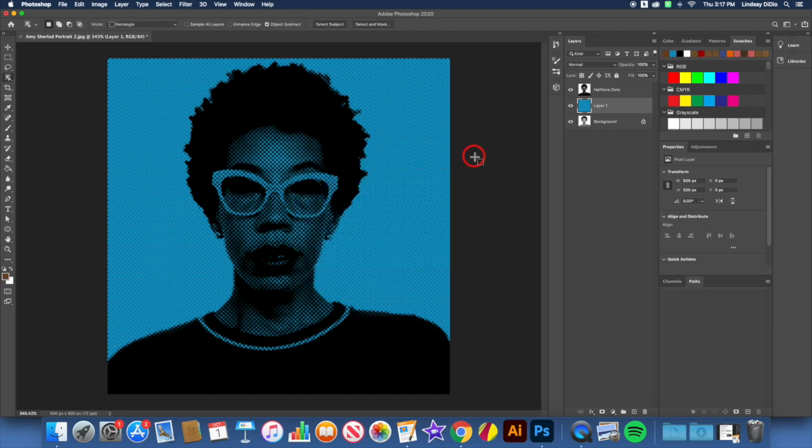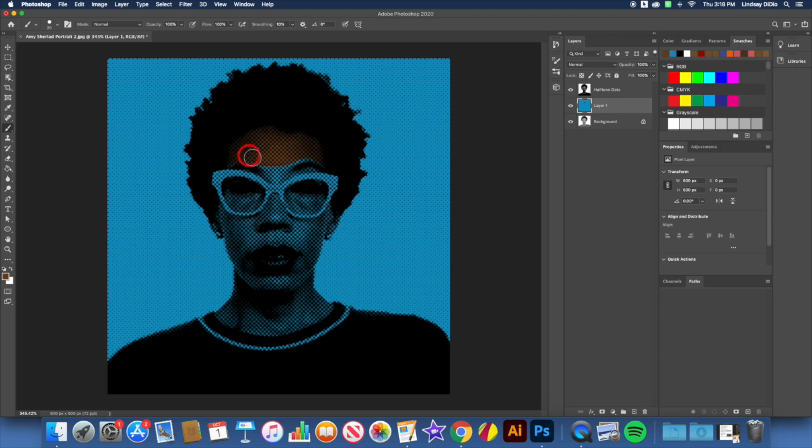Then press the letter B on your keyboard to select the brush tool and begin painting in the areas that are skin tone. Now, my brush is really small, and if you want to change the size of your brush, you can tap the bracket key. The right bracket key will make your cursor larger,